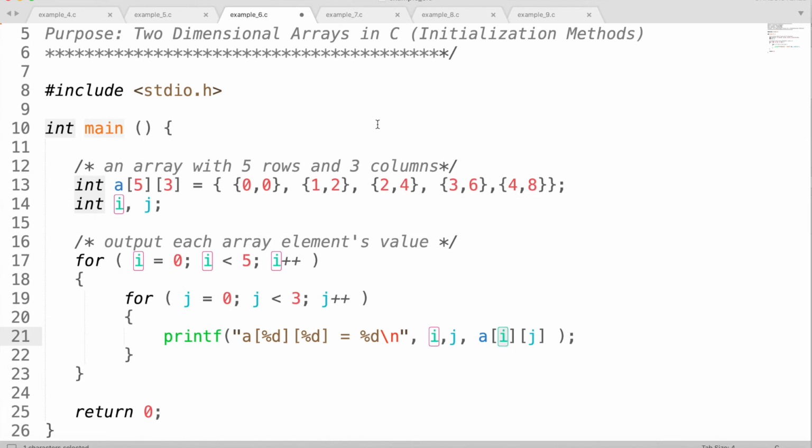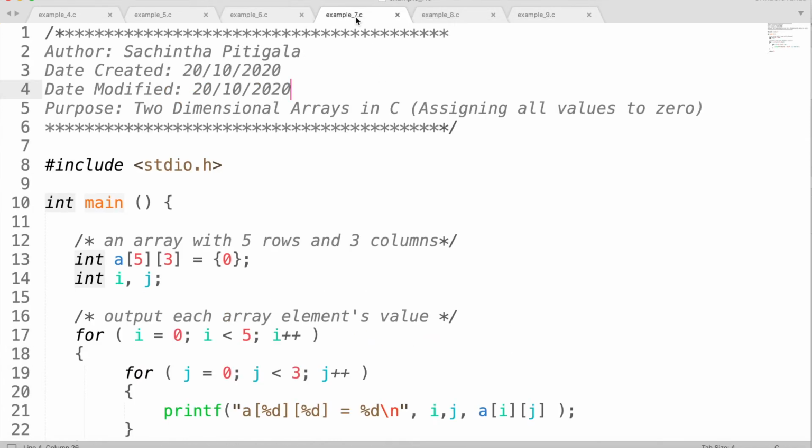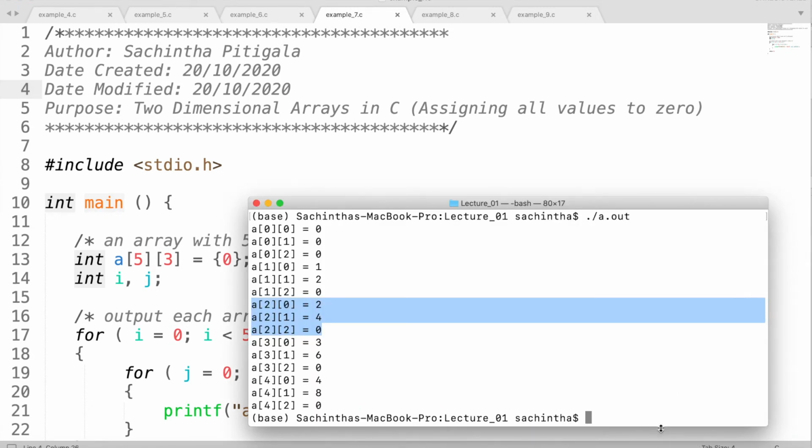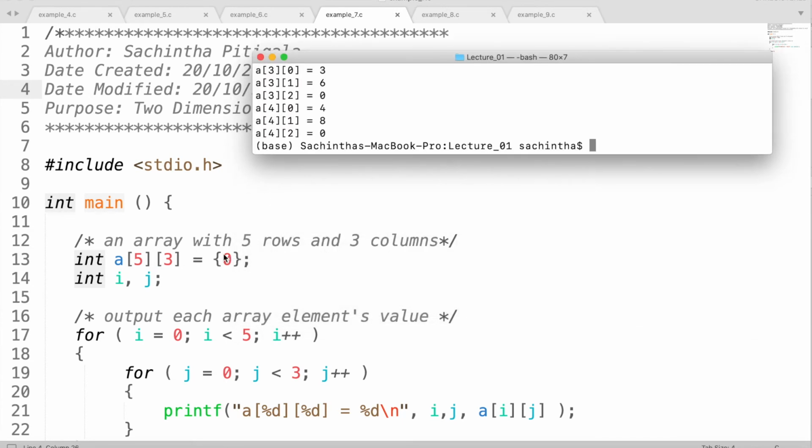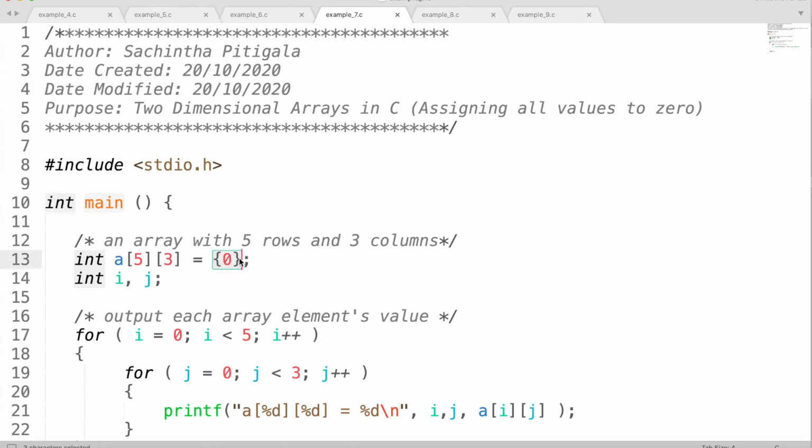Alright, so let's see another variation of this declaration and initialization in C. So now we know if you do not provide enough information at the declaration and initialization statement, then it will fill the rest of your values with 0. So then you can use this initialization to fill your two-dimensional array all with zeros, right?